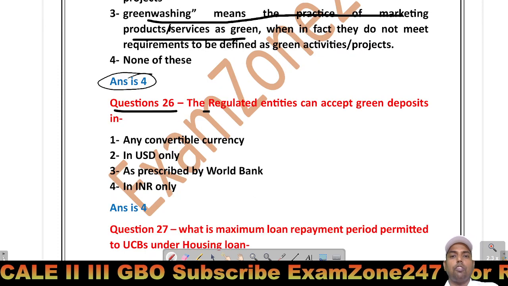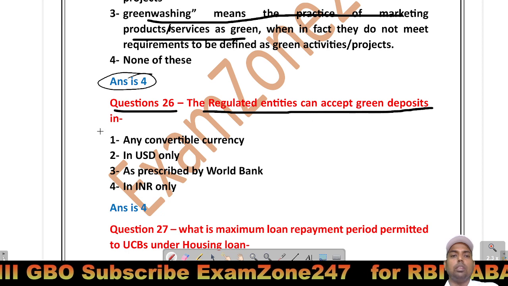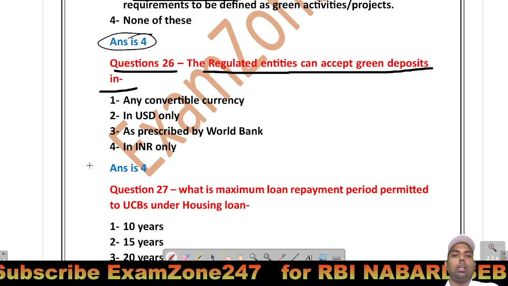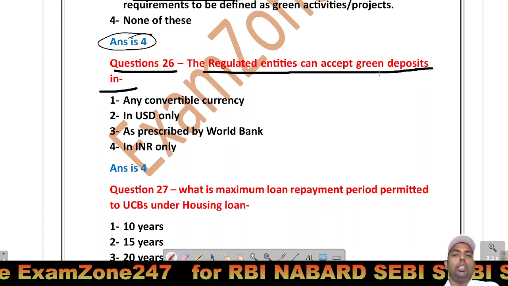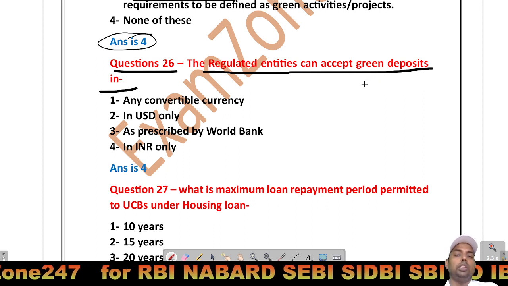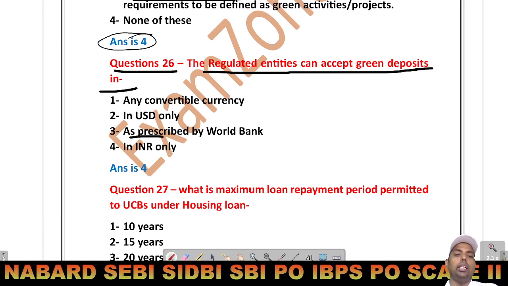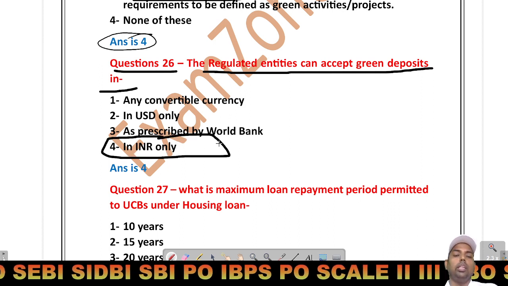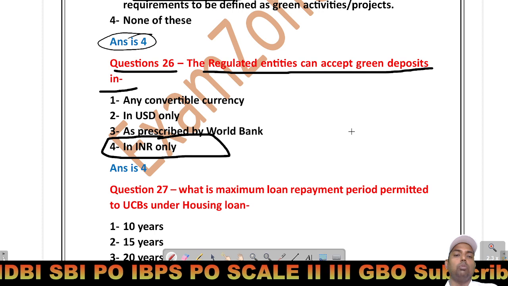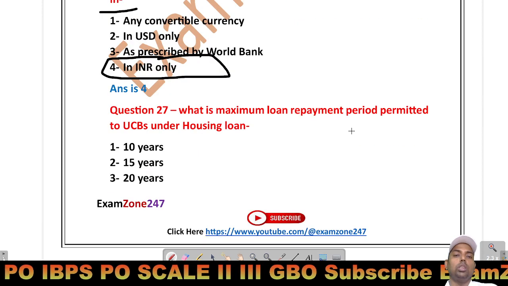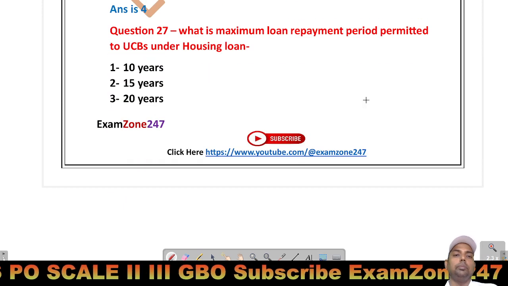Question 26. Regulated entities, means banks and financial institutions, can accept the green deposits only in INR. जो ग्रीन डिपॉजिट का क्राइटेरिया है, आप उसमें केवल आईएनआर में डिपॉजिट एक्सेप्ट कर सकते हो प्रोजेक्ट्स के लिए।